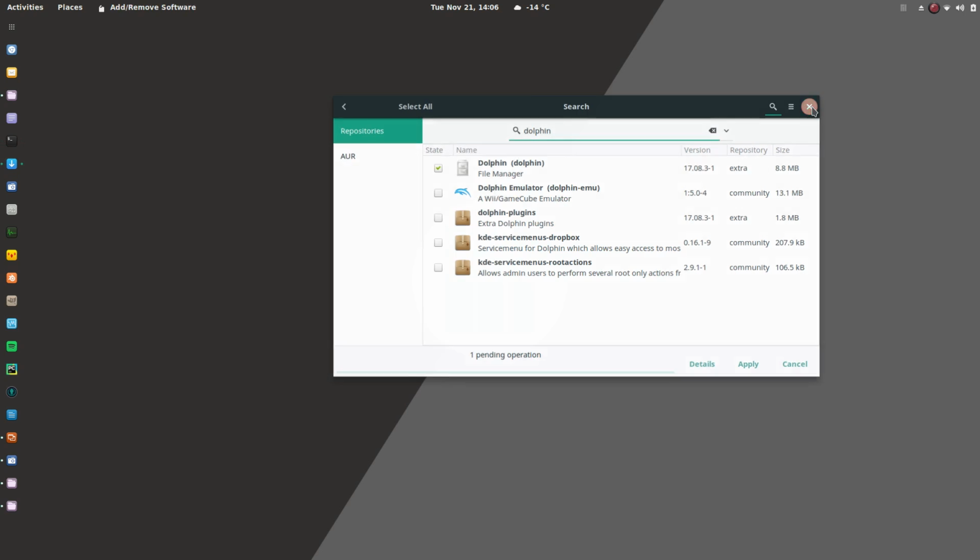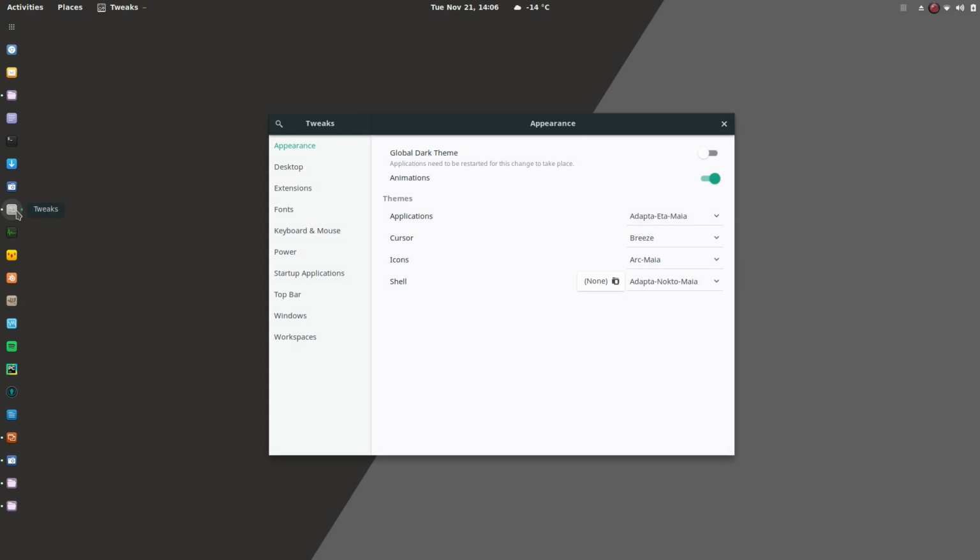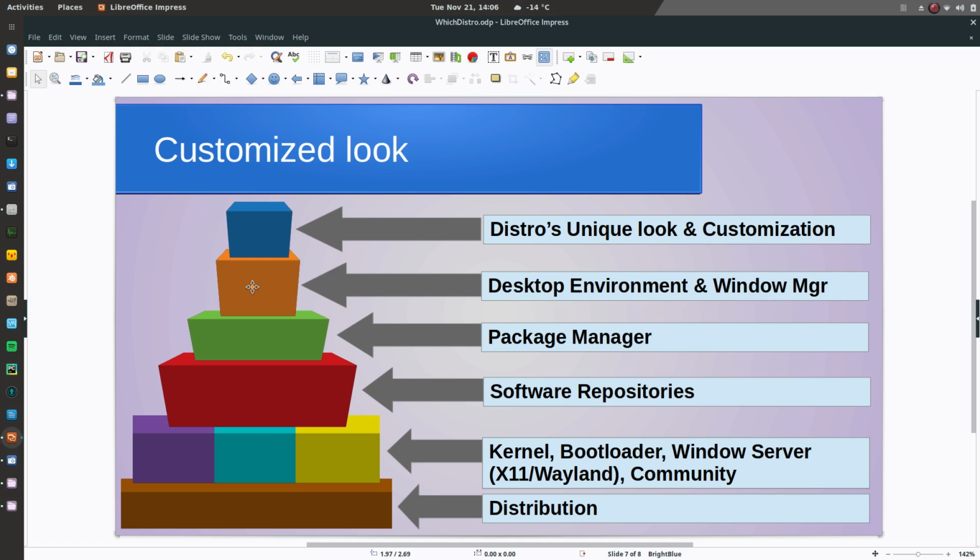But once you get to the point where you've picked your distribution, you have an idea of your desktop, or you can go either way. You could say, I want this desktop environment, I want Deepin. Then you can go from the top down and end up with whatever distribution you want. Or you can pick a package manager. You're like, I want to use apt-get because it looks easy. So then you can just Google which distributions use apt-get, and you go from there and you're like, oh, Debian does. And then you can download that. Oh, which desktop environments does it have? Oh, it has this and this. So yeah,